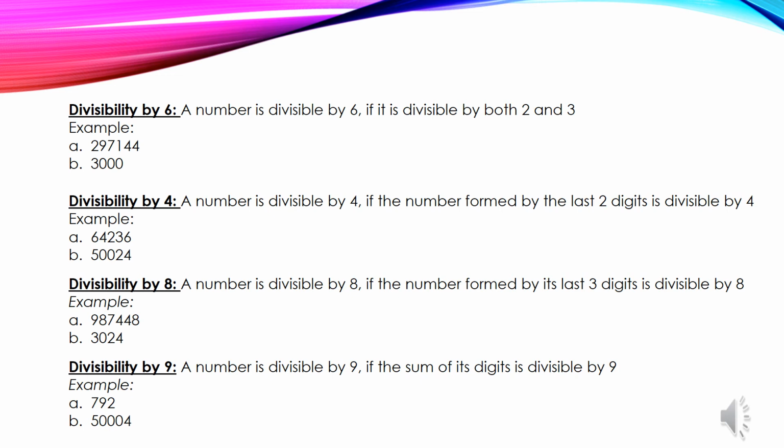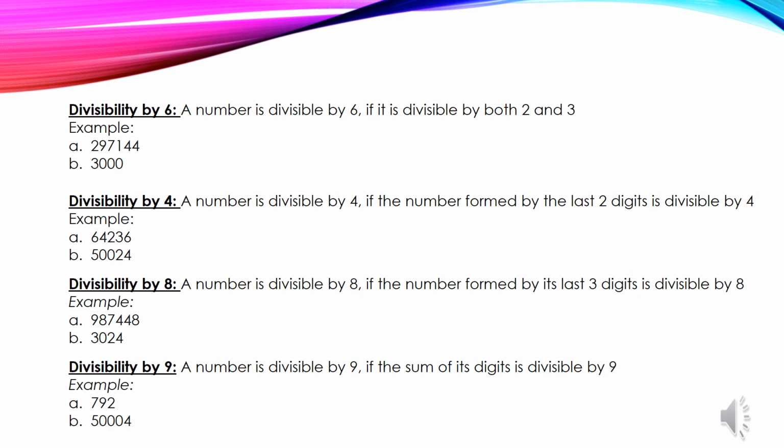In the second case, if you observe the last three digits, we have 24 as a number. This 24 is divisible by 8, so the complete number is also divisible by 8. Simply we are checking the last three digits are divisible by 8 or not. If it is divisible by 8, then the complete number is also divisible by 8. If it is not divisible by 8, then we can say that the complete number is also not divisible by 8. Okay, then the next one is divisibility rule for 9.